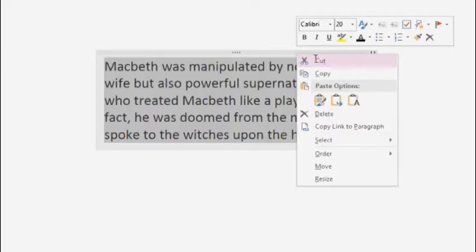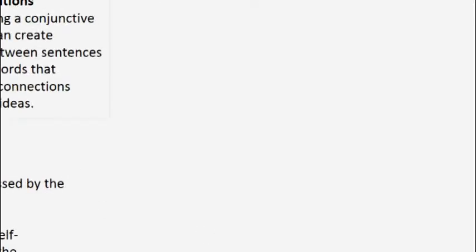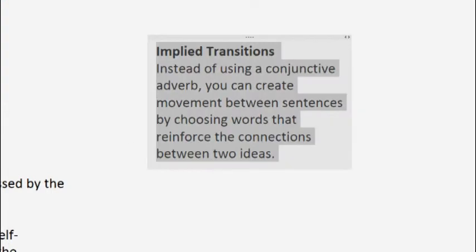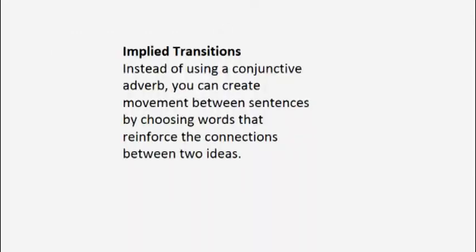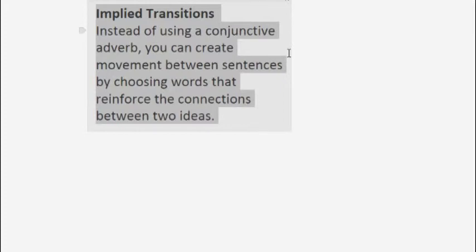All right, so let's take a look at other ways that transitions can impact our writing. One of the most common forms of transitions, but also the hardest to identify, are what are called implied transitions. Now, implied transitions don't rely on the conjunctive adverb, and they don't rely on a specific transitional phrase. What they do is create movement between sentences by choosing words that reinforce the connection between two ideas. So I'm going to leave this explanation up here as we take a look at